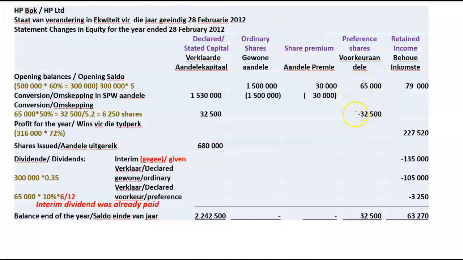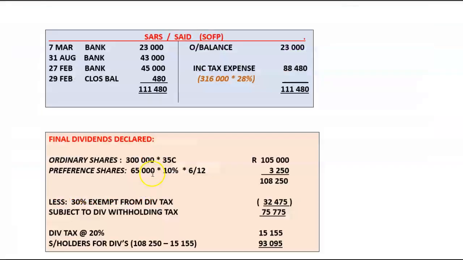Remember that conversion took place right at the end of the year. So that 65,000 Rand worth of share capital became in line for a 10% dividend. So that is then 65,000 multiplied by 10% multiplied by 6 months. Remember, a pref dividend is at the end of the day time-based. So therefore 6 months, 3250. So the total dividend that the company declared was